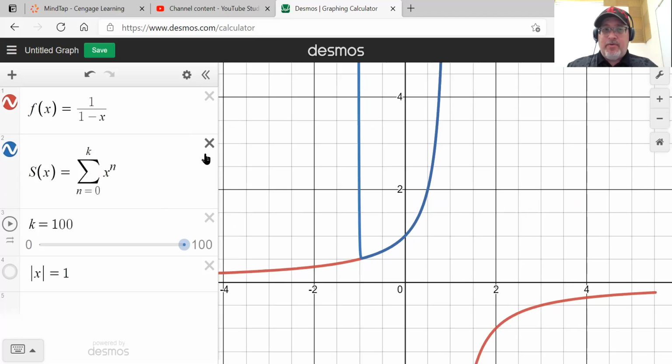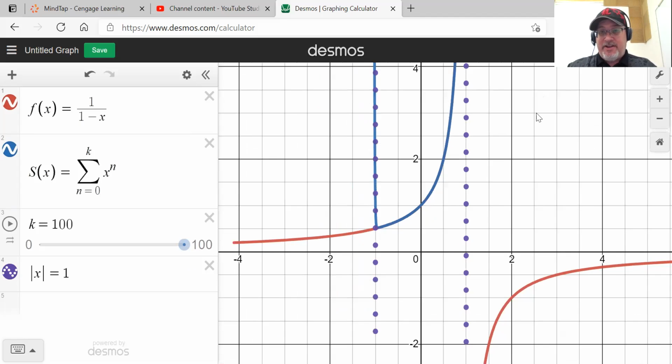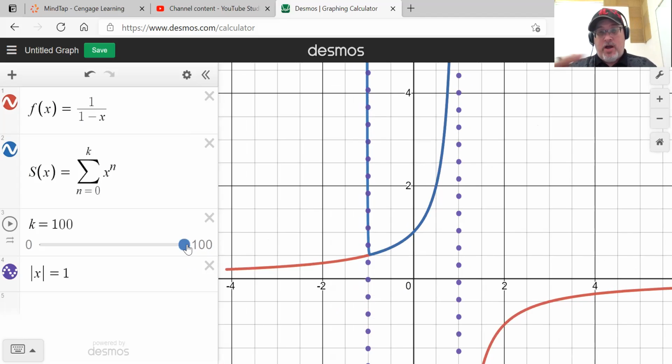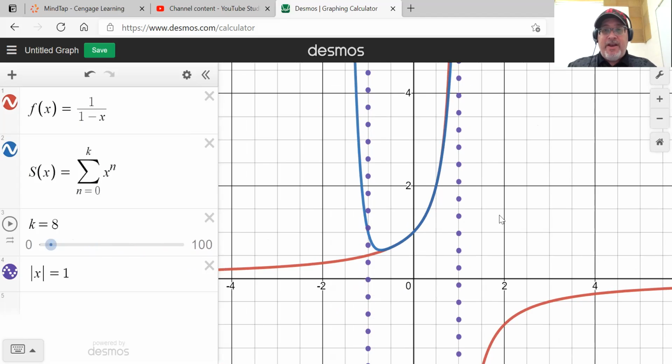Well, the answer is the interval of convergence. I'm going to bring up a couple of vertical lines at x equals -1 and x equals +1, which was our interval of convergence for the very useful power series. And notice that the blue graph and the red graph are practically identical by the time we've reached x to the 100th power. Let's take it back down a few notches, like back down to the 8th power for a second. And notice that if we were to zoom in,